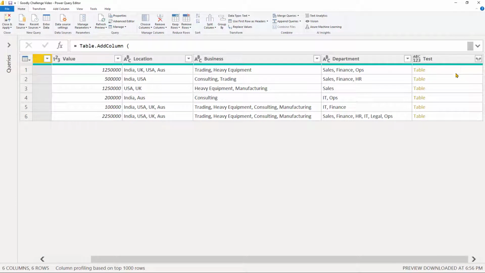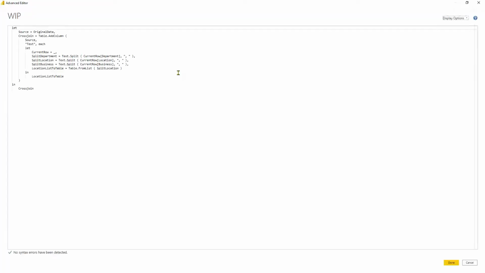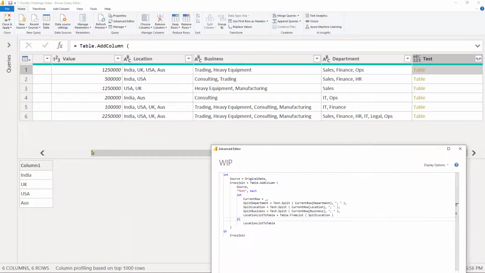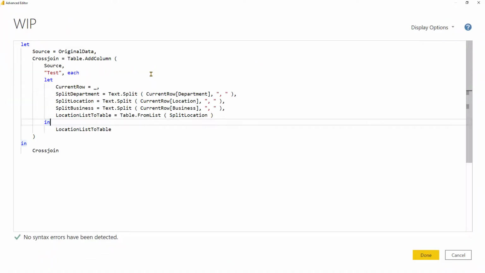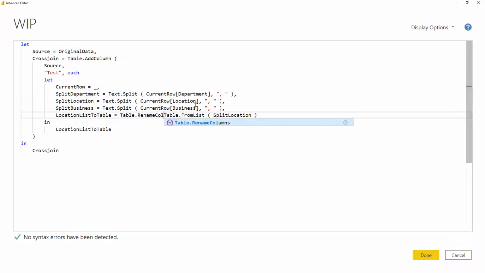If I click on done, you can see that we get a table. So nothing is different from the list. It is just one single column, but this time the data type is table instead of a list. So we can add more columns to this particular table. Let's go to advanced editor, and before that I also want to make sure that the name of this column is not Column1 but something else, and I think I should use the word location for naming this column. For that, let's use the code Table.RenameColumns,